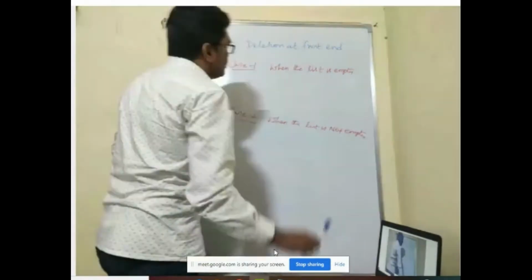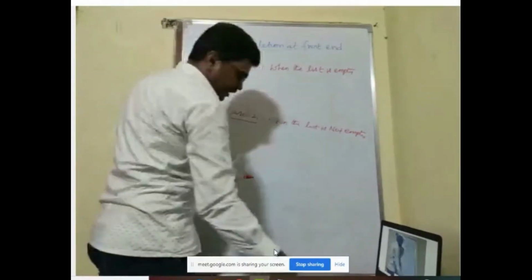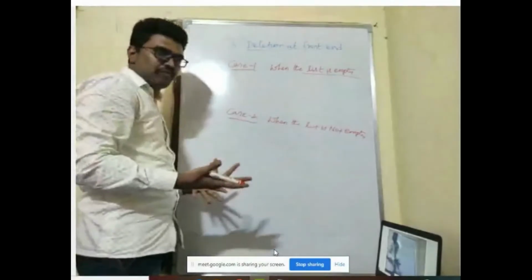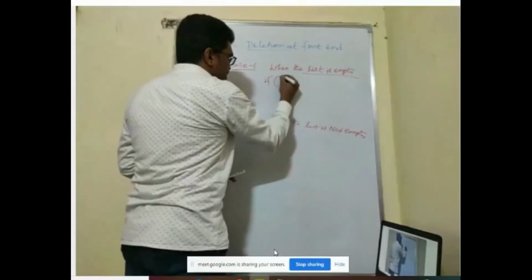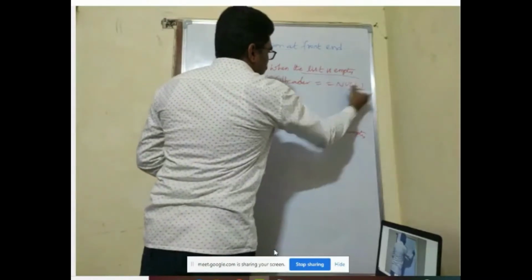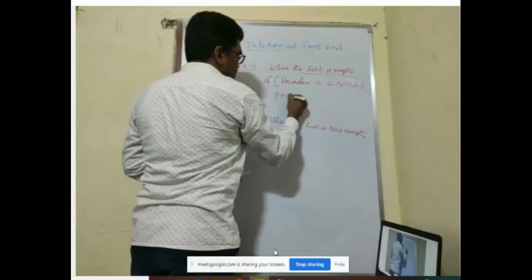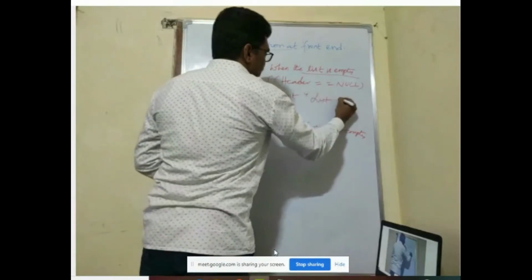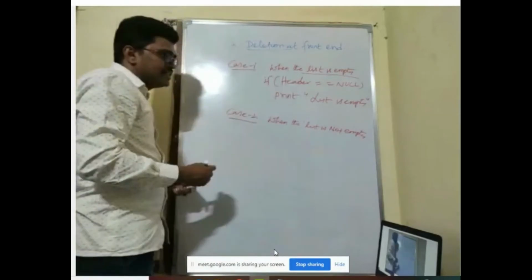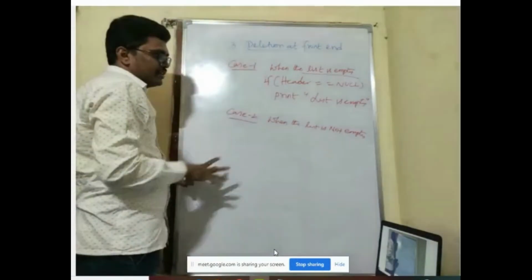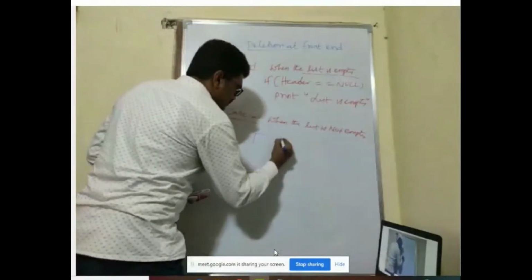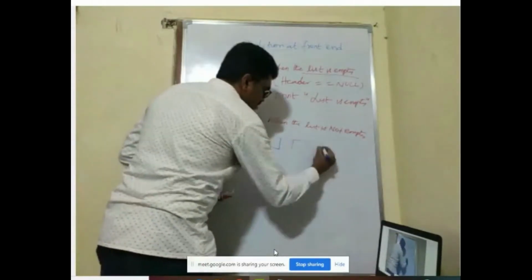Now deletion. Whenever you are deleting, if the list is empty, what can we delete? Nothing can be deleted. What we do is just check the condition: if header is equal to null, we just print a message, "List is empty. Nothing can be deleted." Now the second case is if the list is not empty.